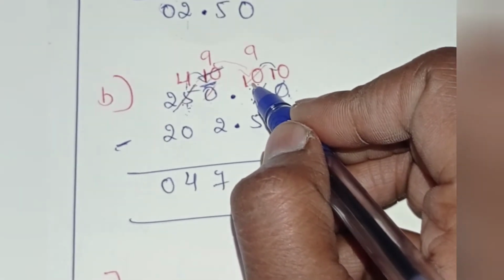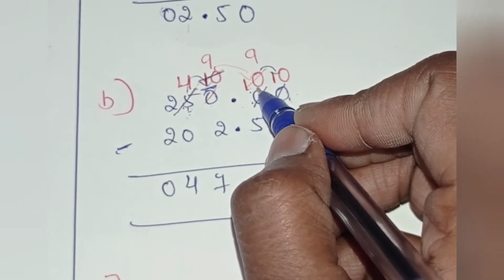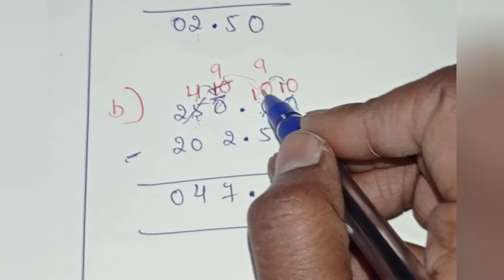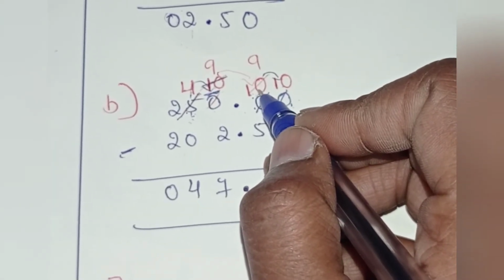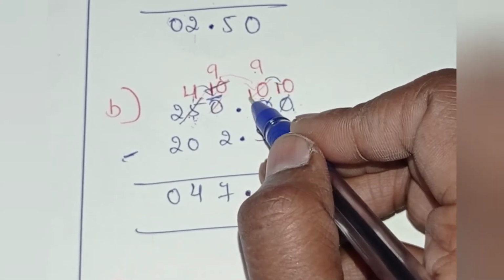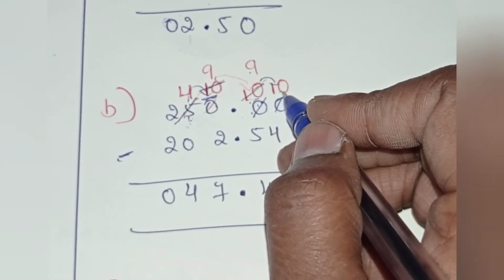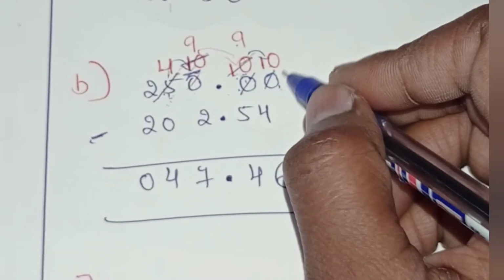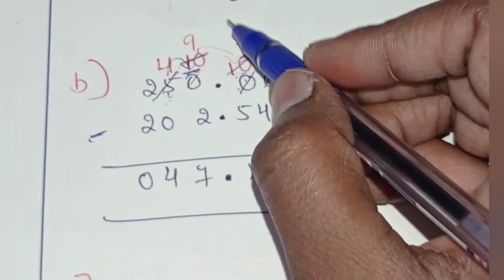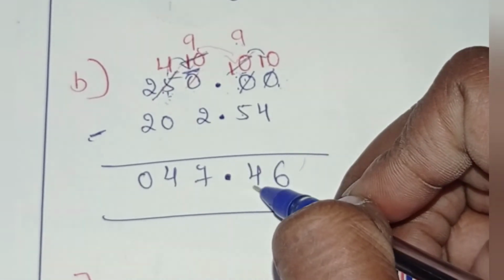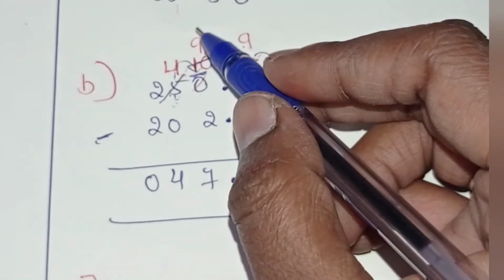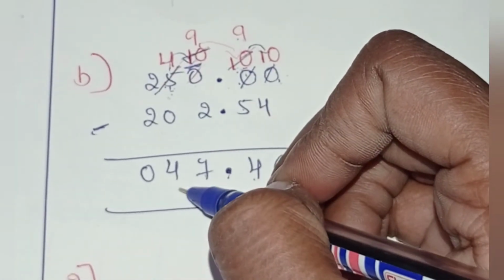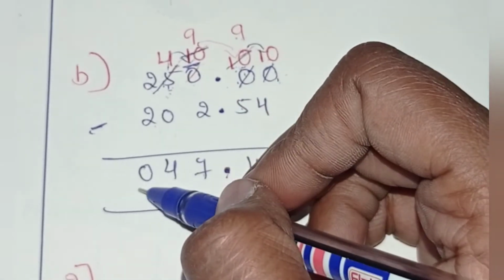Okay. So now how much do we have here? 10. Right? If I borrow 1 from this number to this number, what is the value we get here? 9. Right? That only I wrote here. Okay. This one is struck out. So now we can do subtraction. Right, children? 10 minus 4 equals 6. 9 minus 5 equals 4. Decimal point as it is. 9 minus 2 equals 7. 4 minus 0 equals 4. 2 minus 2 equals 0.